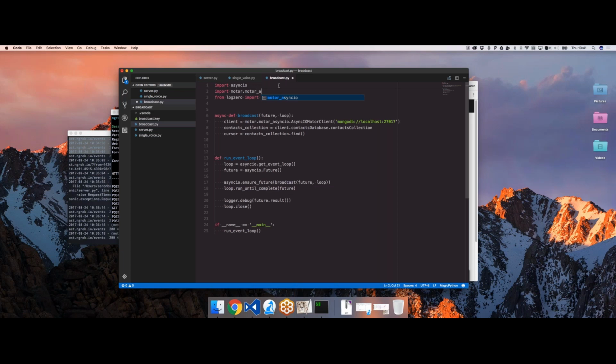I think it's actually underscore. There we go. Okay, so that's our motor async IO imported, ready to go. So we can get our database connection. And then once we have our database connection, we're going to need to loop over that and actually create our